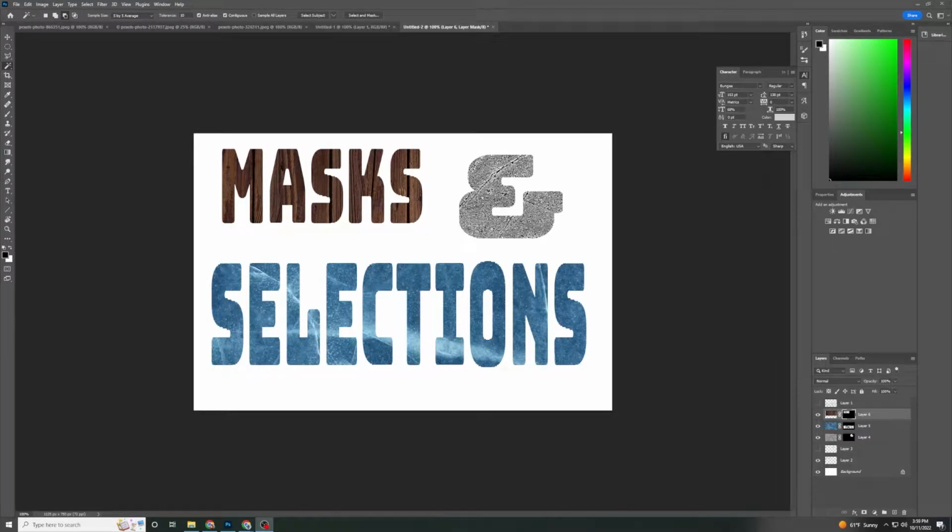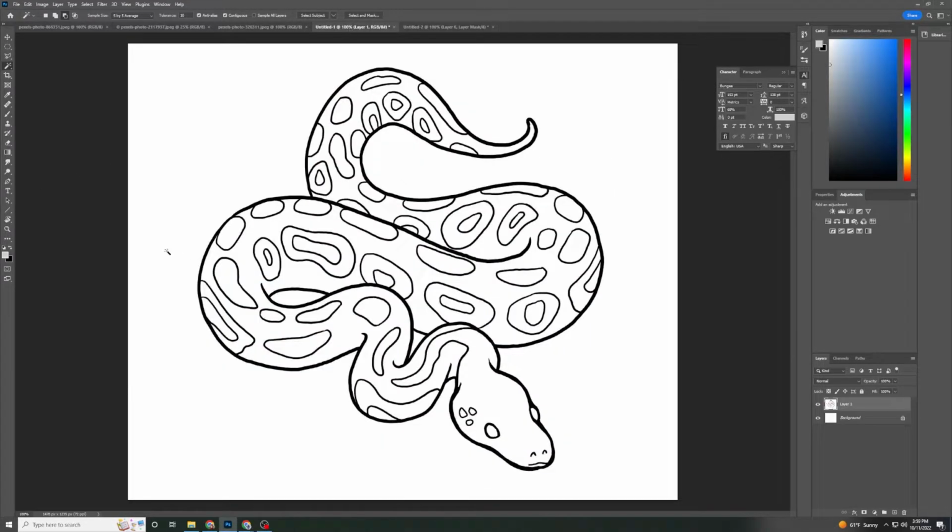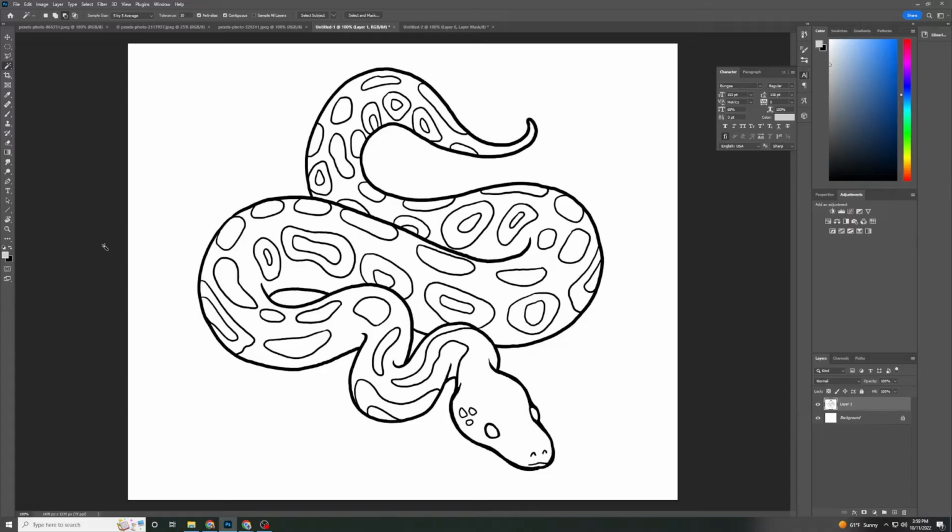In this tutorial, we're going to take our masking and our selections to the next level. Here's a coloring page I found. Rather than filling this coloring page like I did in previous videos, this time I'm going to fill them with